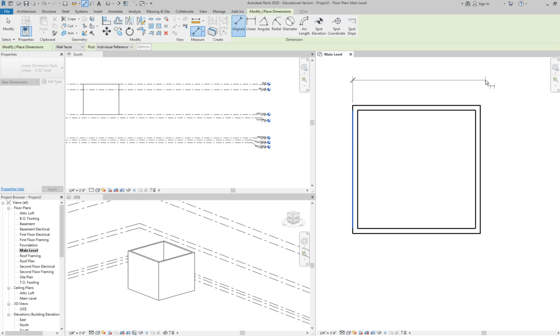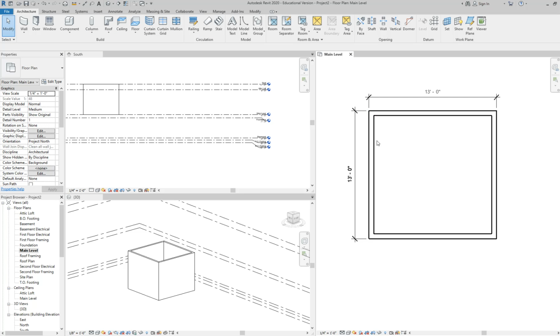So click once to start it. You can move wherever. Click again to end it. And then your last one, it's just waiting to see where you want to place it. Okay? So I am going to come around and take a peek to see, and if it's not 13 by